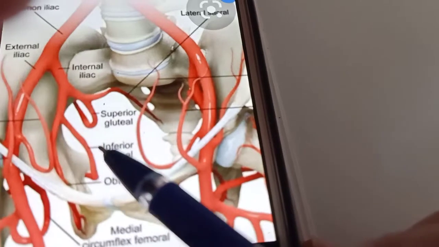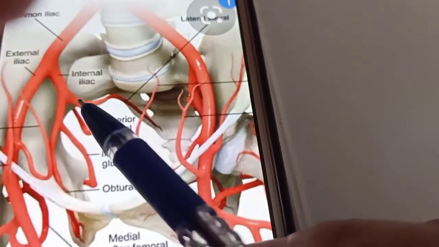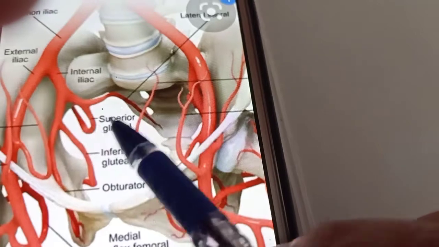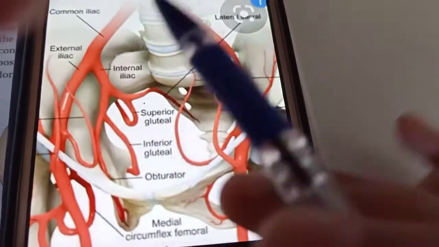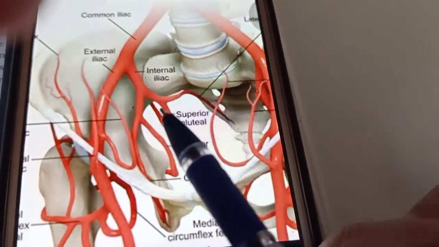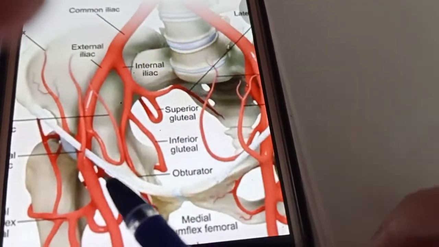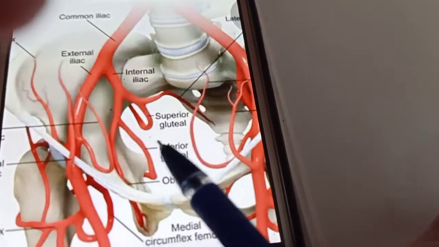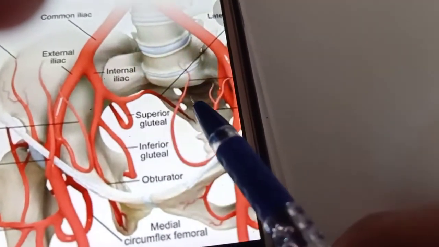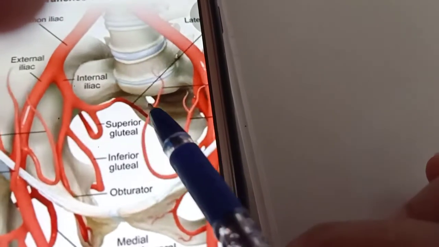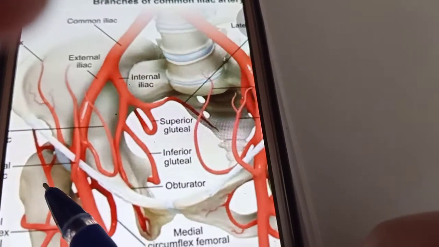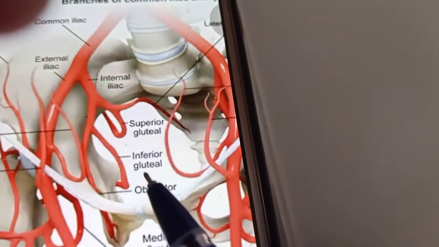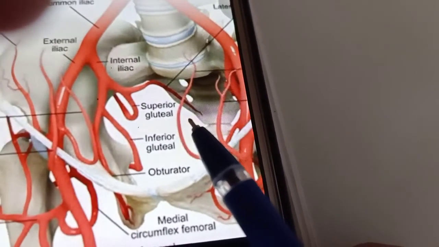It is anterior to the piriformis. Now you can see here it would be the piriformis. From S2, S3, S4 it is going back and getting attached to the greater trochanter. So this is the piriformis, as you all know. Yes, you remember this is the sacrum, S2, S3, S4 coming down, the fibers getting attached to the greater trochanter of the femur. So this is anterior to the piriformis between the first and second sacral nerves.